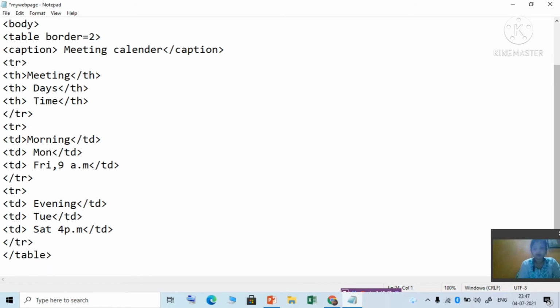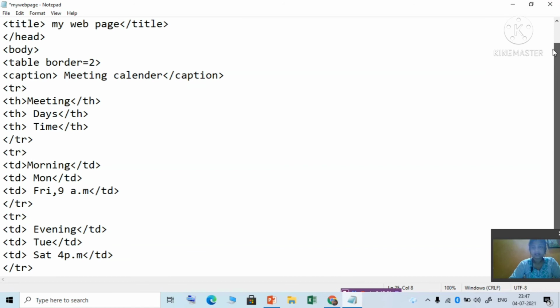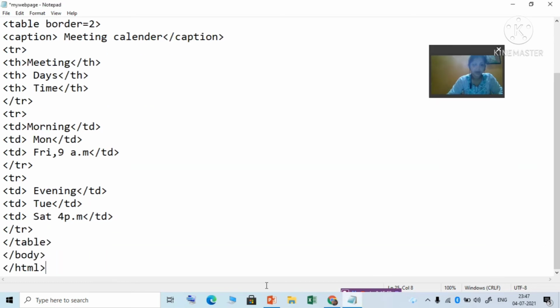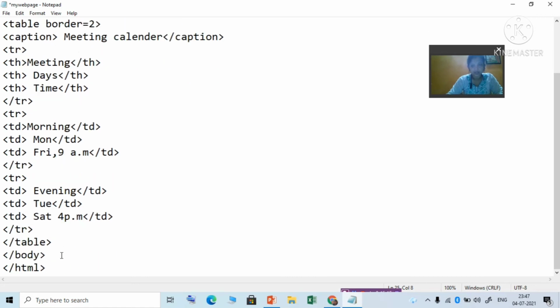Then I don't want to write anything, so I will close the body tag now. Okay, so the last HTML tag. You can see my coding here. See, which tag did I start with? The HTML tag in the beginning, and I closed it at the end. Okay. So the body tag and all tags are closed now. Title started and closed, head started and closed. Body is open, and inside the body I have written the whole table tag, and then I am closing the body at the last. So before closing HTML you close the body tag.